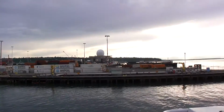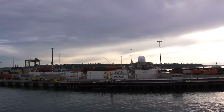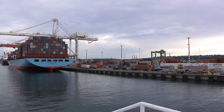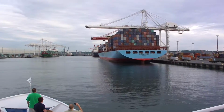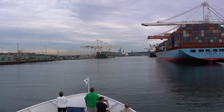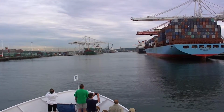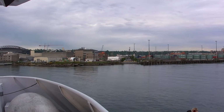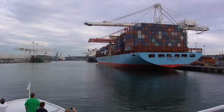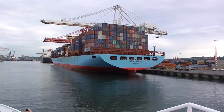At the time of its construction, Harbor Island was easily the largest man-made island in the world. It's not anymore. It's down to number 4. There are larger islands in Japan, specifically in Kobe, Japan. There's one in Dubai as well. But this one is fairly well constructed. I always like to point out that of the top 5 largest man-made islands in the world, Harbor Island is the only one that isn't slowly sinking or falling apart. It is very well constructed. It's been here for a long time, and it'll continue to be here for a long time. Now, the Eastern Waterway, which